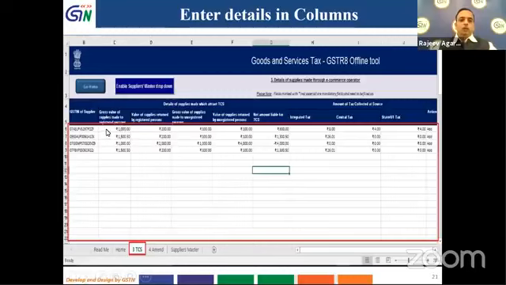So I have to give the gross value of supplies made to registered person, then value of supplies returned by registered person. Similarly, we have to fill in for the unregistered person. And what is the net amount liable for TCS. Further, the integrated tax, central tax and state tax have to be filled in. We have to be careful that the total tax amount which we have filled in will be 1% of the total net amount which is over here.